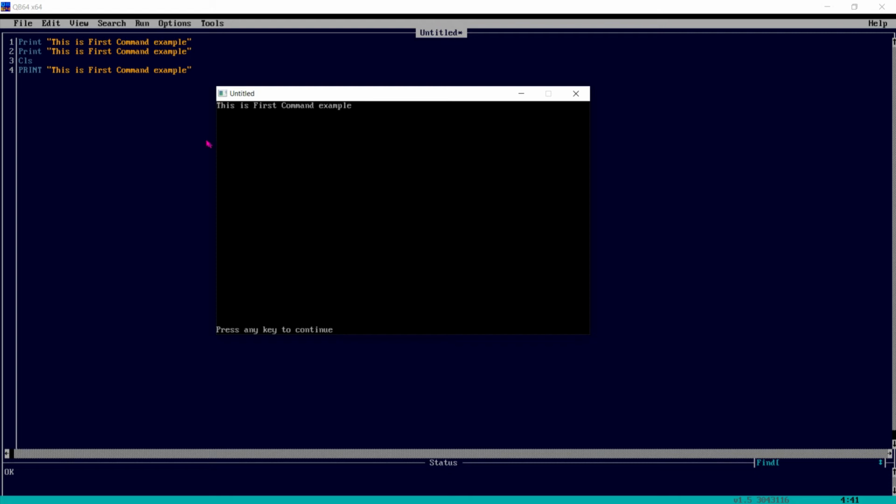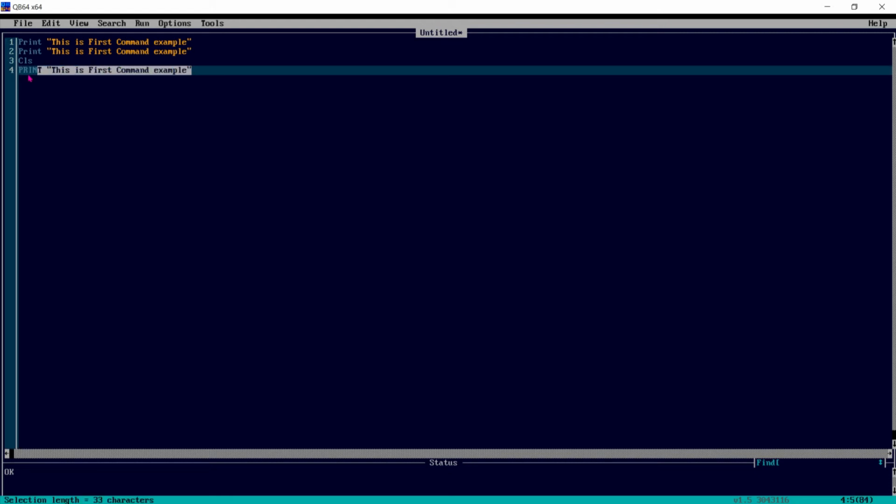Like I have used, this program already printed two lines, this is the first command example, two times. And after that I use this command CLS, so it cleared whatever was printed here.